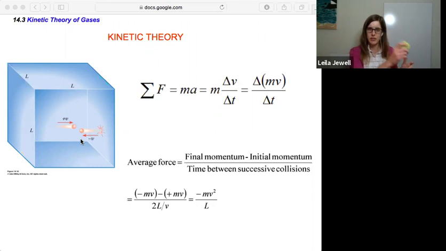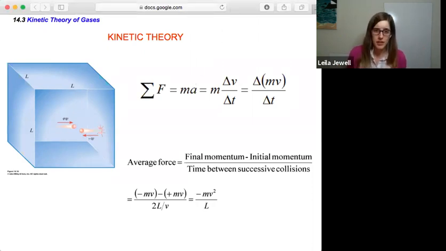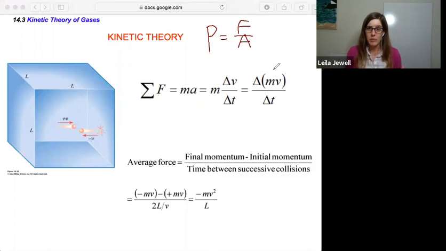But you can imagine, as you throw it, that exerts a force on the wall. And we know force is related to pressure, right? We saw previously that our pressure is equal to the force divided by the area. So if we know the area of the wall and we know how many collisions are exerting a force on it, that can give us our pressure. We can also see what we can do to figure out the force